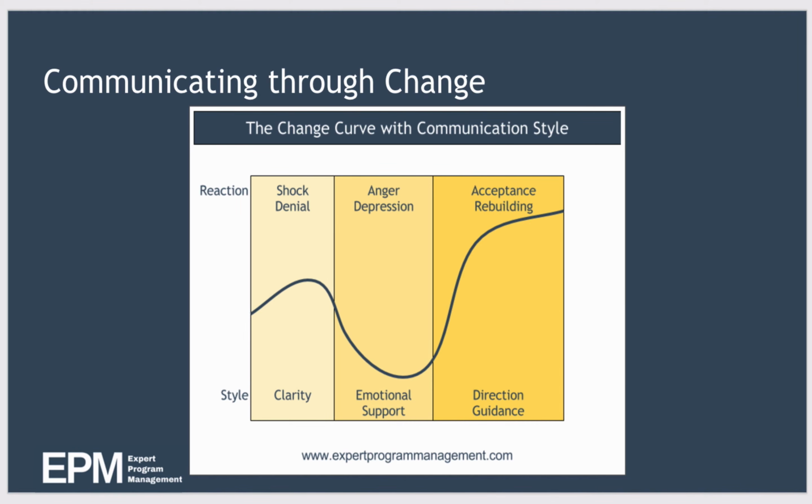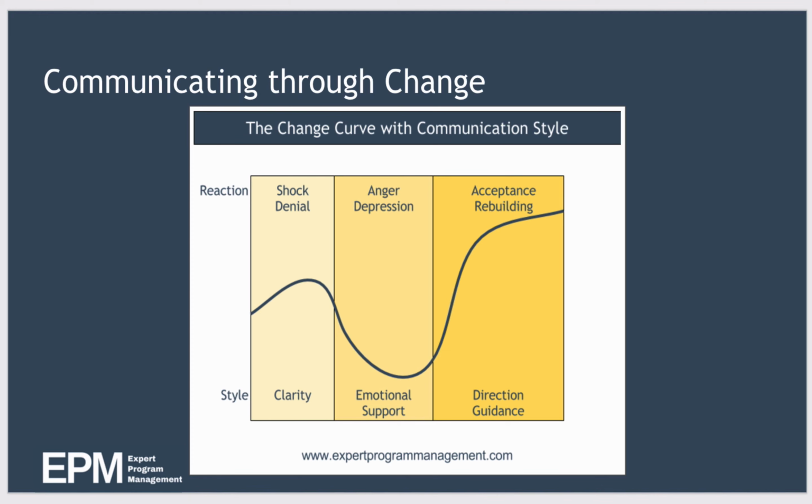So during the initial phases of the change curve, you should focus on clear and timely communication to all of those affected. Any mismanagement of communication now is going to require extra work later to put right. So why not get it right first time? You should aim to ensure your communication is really clear, really complete, really honest, and that you include everyone who's affected, and you should probably communicate more than you think you need to.